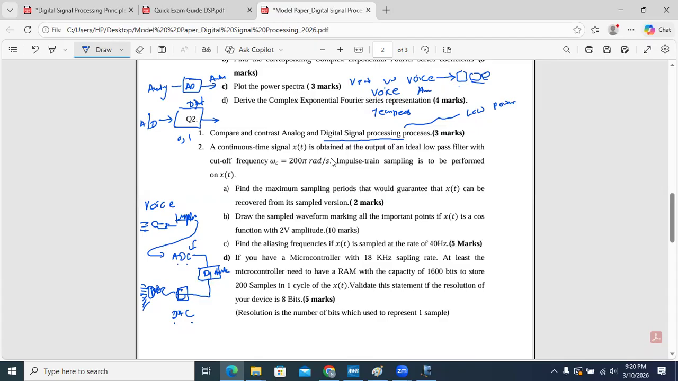The first advantage is low power. Then the second advantage is that design and analyzing is very easy. Digital system design and analyzing is very easy because you know that